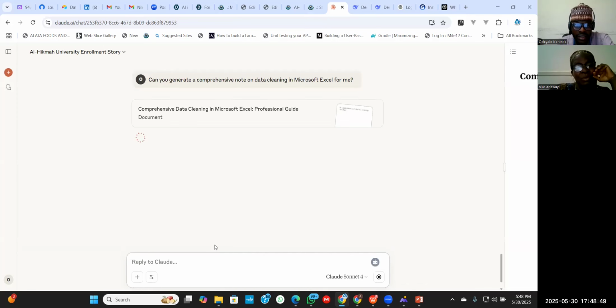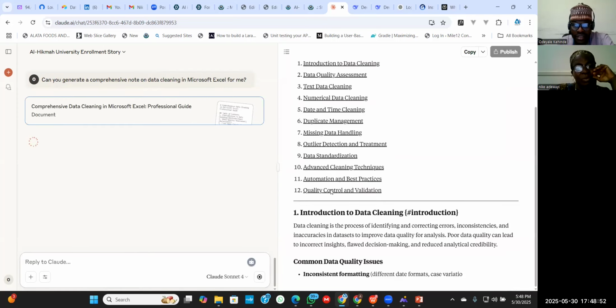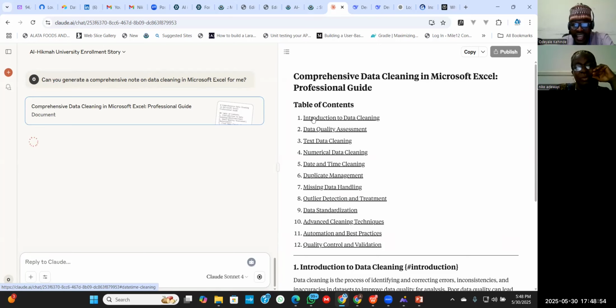So let's see. Can you see the way? Firstly, this one gives you the table of contents. So it shows that the performance of Claude AI is better than DeepSeek. Can you see? It shows the table of contents so that we know what information you want to read, just the data clearly, data quality.